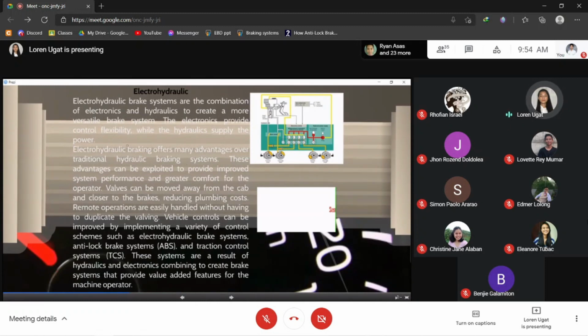Electrohydraulic brake systems are the combination of electronics and hydraulics to create a more versatile brake system. The electronics provide control and flexibility while the hydraulics supply the power. Electrohydraulic braking offers many advantages over traditional hydraulic braking systems. These advantages can be exploited to provide improved system performance and greater comfort for the operator. Valves can be moved away from the cab and closer to the brakes, reducing plumbing costs. Remote operations are easily handled without having to duplicate the valving. Vehicle controls can be improved by implementing a variety of control schemes such as electrohydraulic brake systems, anti-lock brake system,